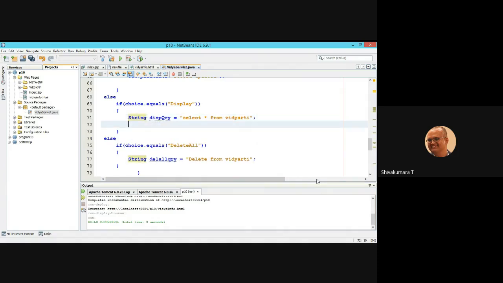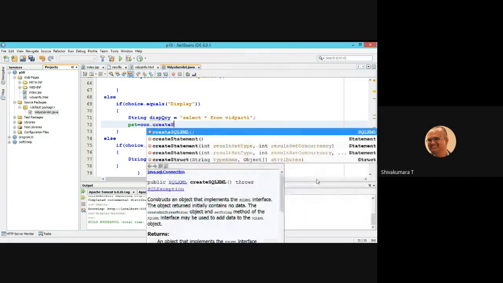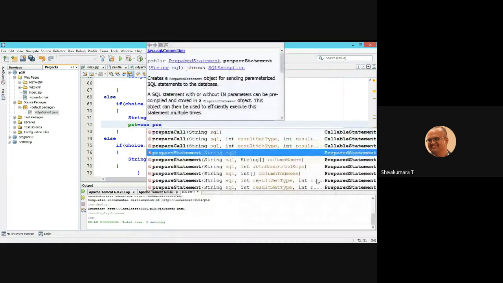Prepared statement. There is no setting option available, so you can use PST dot connection. PST equal to con dot prepare statement.